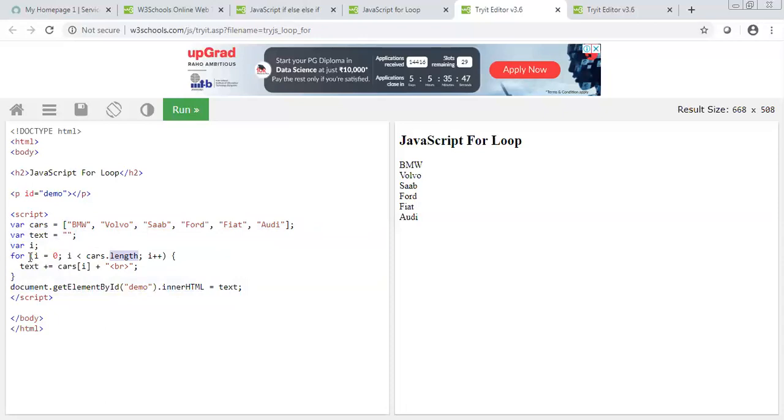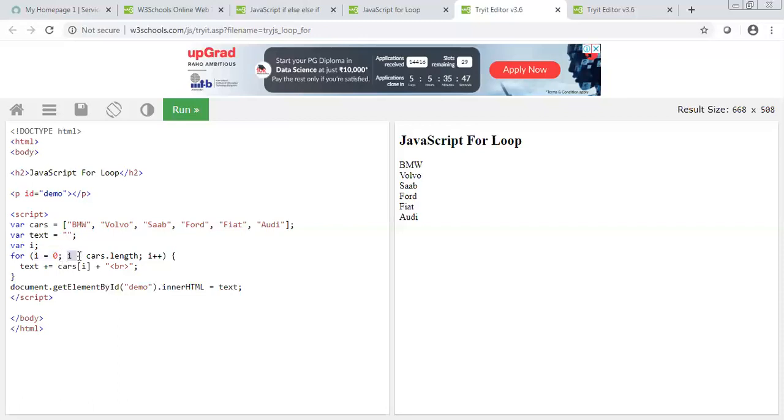Now, how do we define the for loop? First, we define an initial variable from where your for loop starts. I am saying start the for loop from 0. This variable I defined is a must. You can use i, j, k, any name, but this is kind of the starting point. So here you are saying start the loop from i equal to 0.